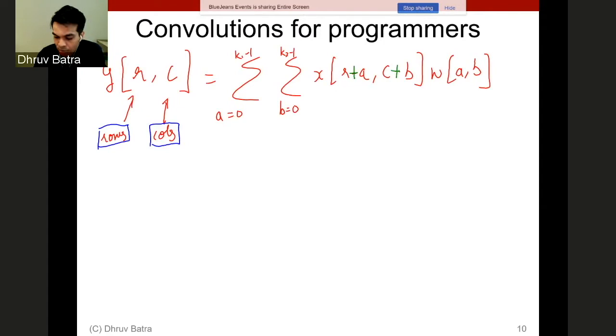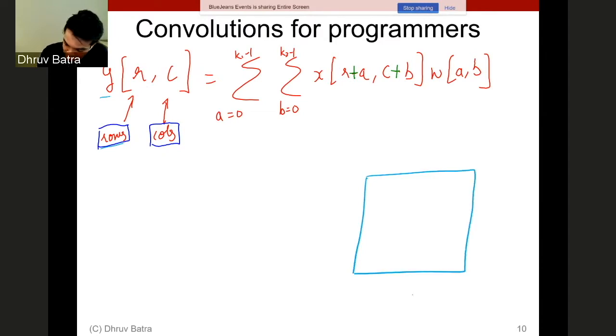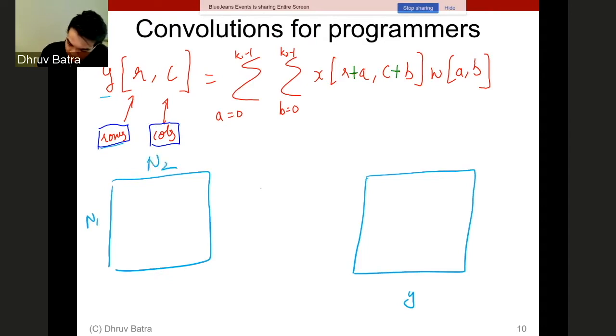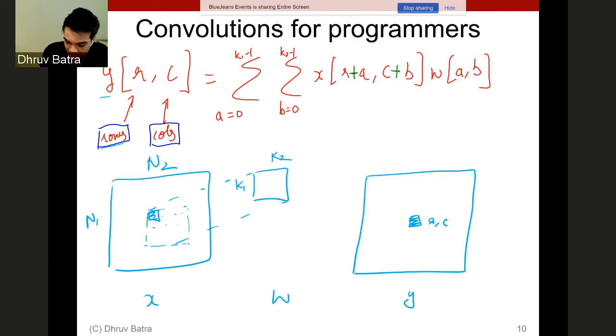We will just repeat the actual thing that is implemented, where there is an output Y whose entry at a row comma column. So if you want to know Y's value given an X, which is of size perhaps N1 by N2, and a W which is of size K1 by K2. If we want to know the value of Y at a particular pixel, R comma C, we find that pixel in X, and we essentially place W at that location,